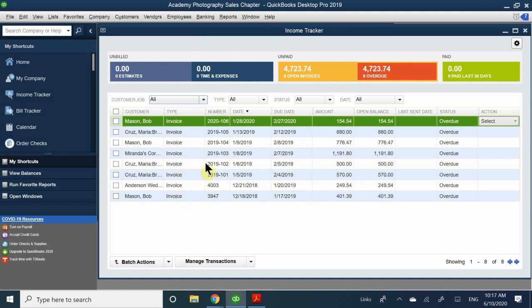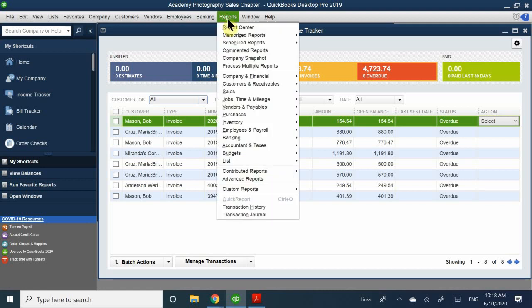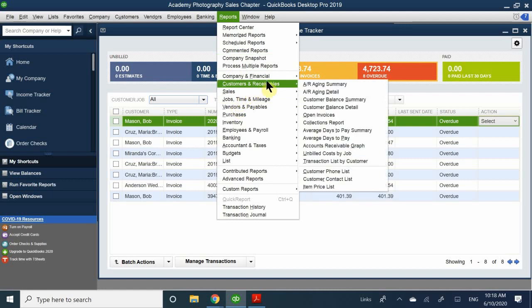I have 7 invoices outstanding right now, and as you can tell, my invoices up here at the top is telling me I have this much outstanding and this much is overdue. Now, if I were to go to the reports, I'd be able to see a more organized and more formal way of looking at our open statements. So here I'm going to go to customers and report receivables,